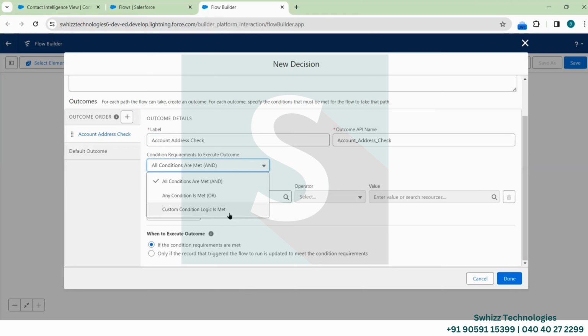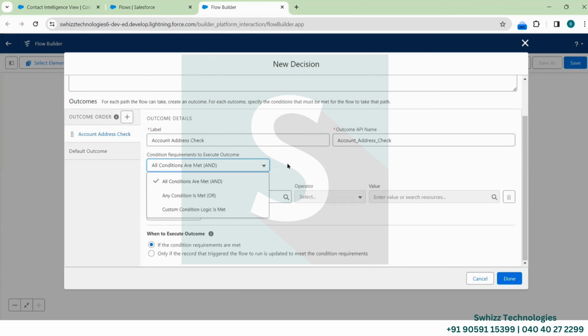If there is any custom requirement, for example, we can add multiple conditions, where only two conditions should be true and three conditions should be false. If we have such types of conditions, then we can use this